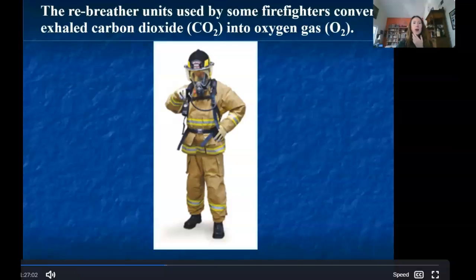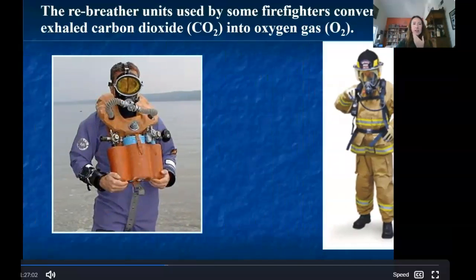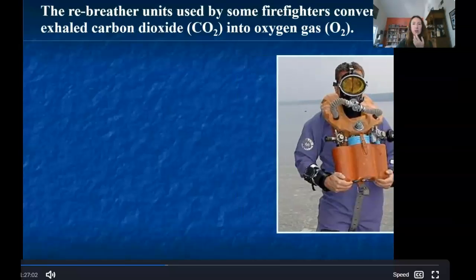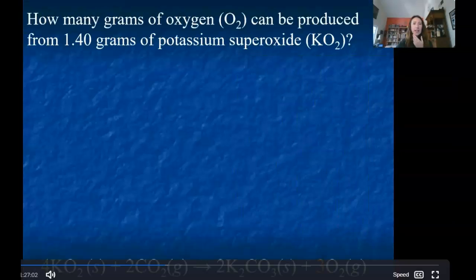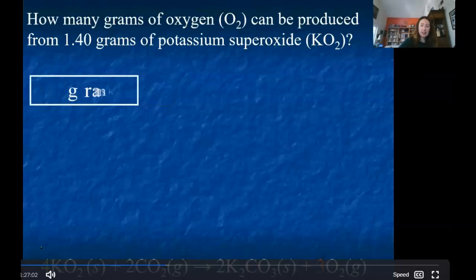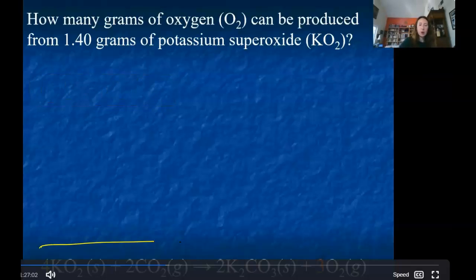So the rebreather units used by firefighters convert exhaled CO2 to oxygen gas. I'm giving you this balanced chemical equation, but can you see what's going to be happening later, where I only give you, just like we did in our chemical reactions section, and you had to predict all of this? Yeah, that's going to come up. Not today though. We won't do that today. Okay, so